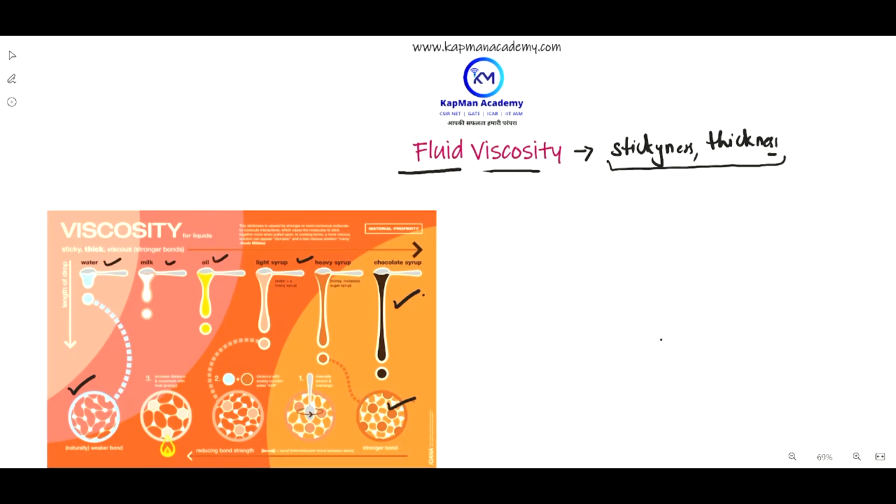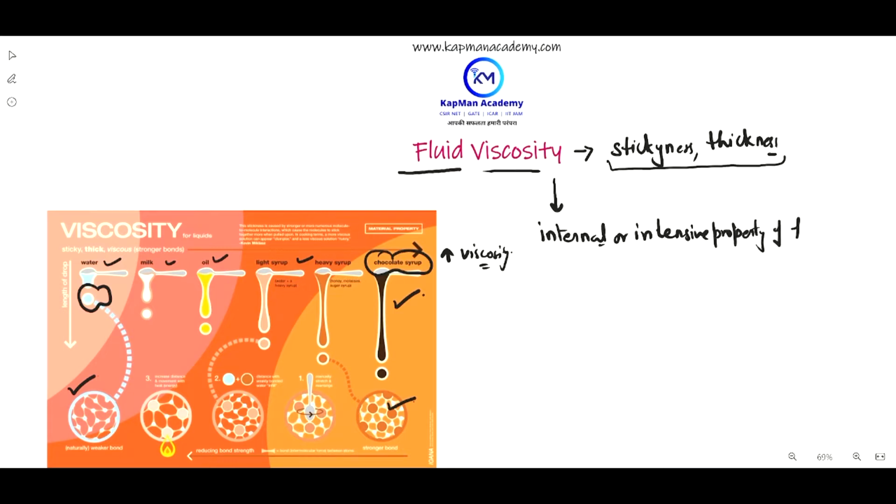As you can see here, water has less viscosity, whereas chocolate syrup has high viscosity. This is also called the viscous nature of the fluids. So if we talk about its definition, it is the internal or intensive property of fluids, and this property gives rise to